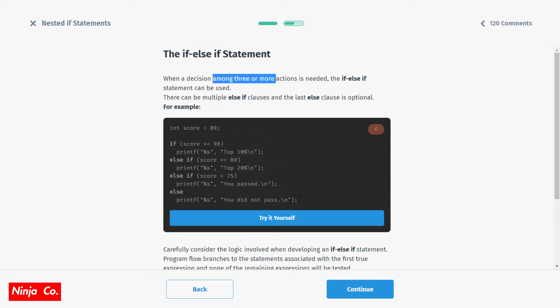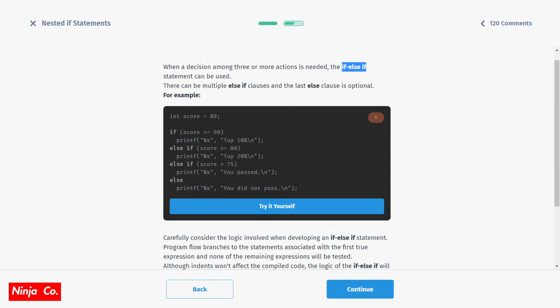Okay, continue in among 3 or more. If else if later statement can be used. There can be multiple else if clauses,